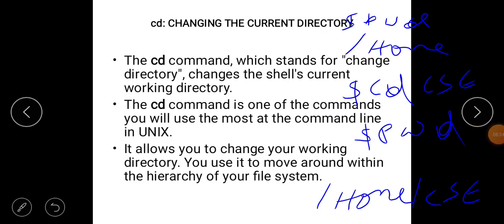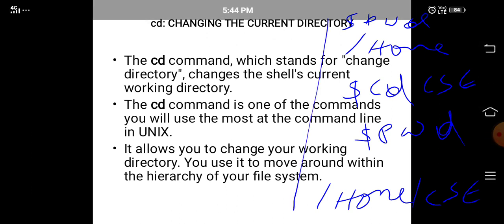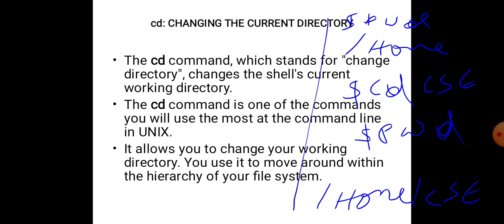First I will show the example and then I will explain. First you enter pwd, it will give the current working directory. After entering, this will be the output: slash home.